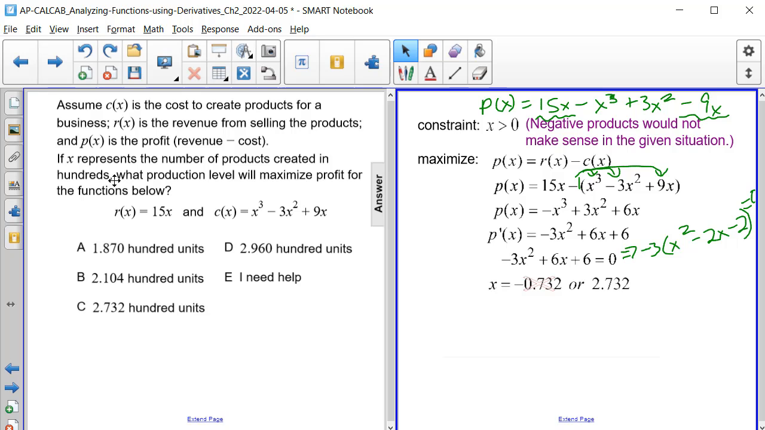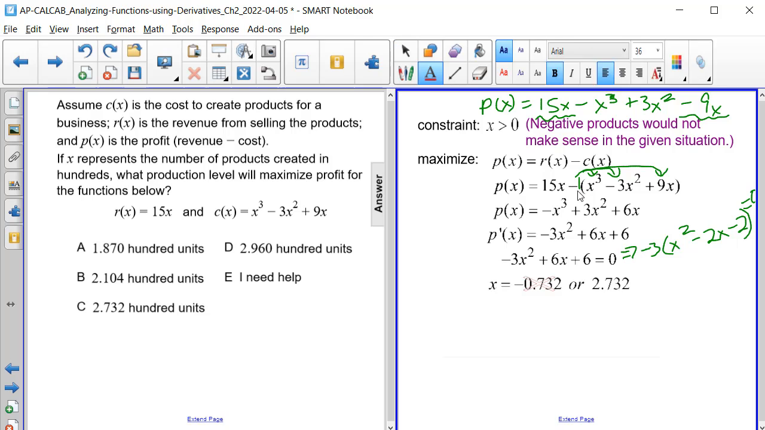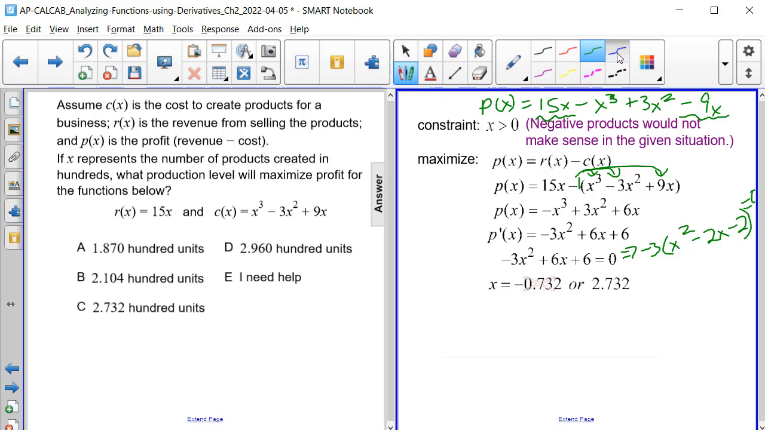Now let's look back at our problem to see what the question is asking. If x represents the number of products created in hundreds, what production level will maximize the profit for our functions? Well, we know it is 2.732. And then if we were to find the second derivative of our function,